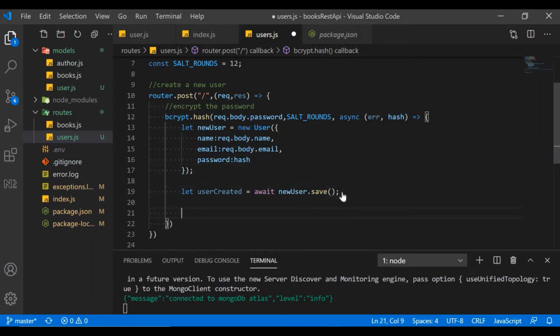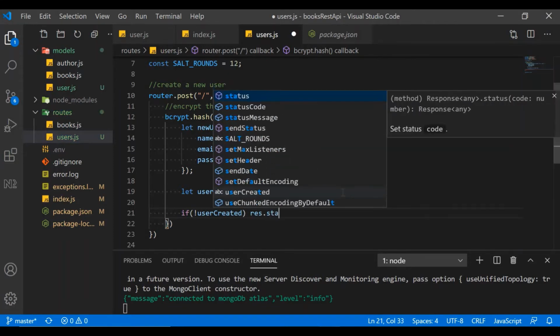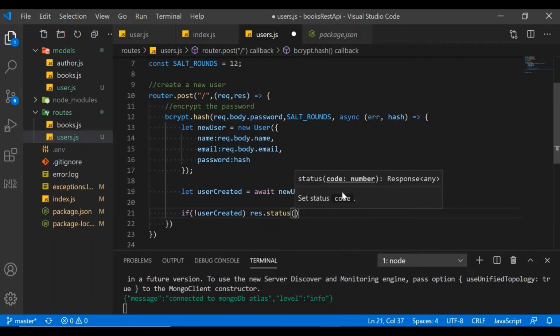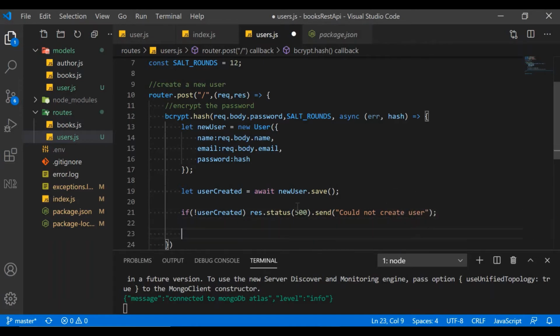So we'll say if user is not created for any reason, we'll say response dot status of what, let's say anything. Let's say finder, correct me with the status code please. Okay, let's send a message, could not create user, or else if user is created,